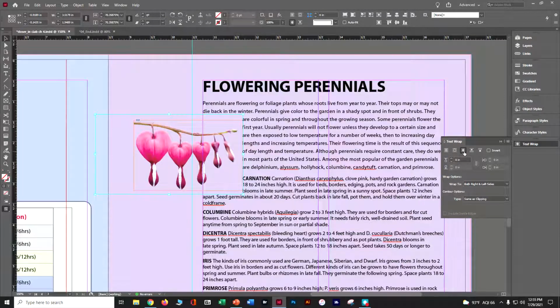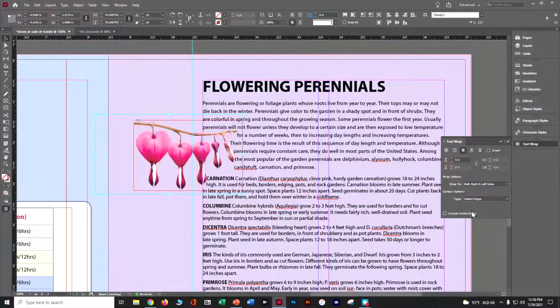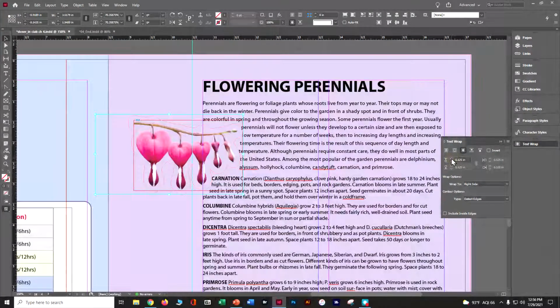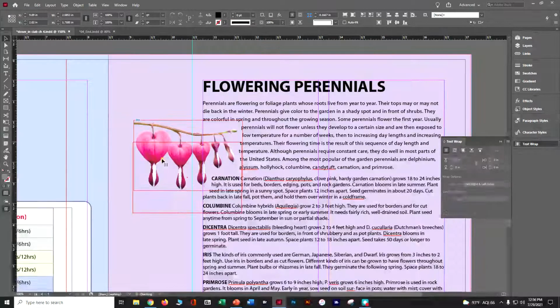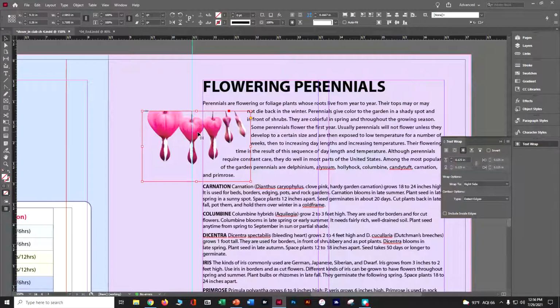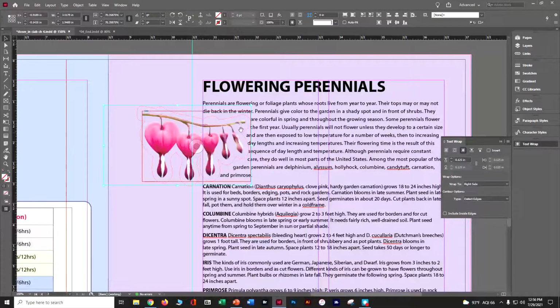And you're going to say nothing happened. We got to do a few things first. We want to tell it the type is detect edges. So now it's going to go around a little bit more. And we want to do it to the right side. And we want to add a little bit of inset spacing, which is going to just make it a little bit gentler in how it works. And notice that if I now take this box with text wrap, I can change where it's going to start, where I'm going to put it. Oh, undo, I grabbed the donut instead of the